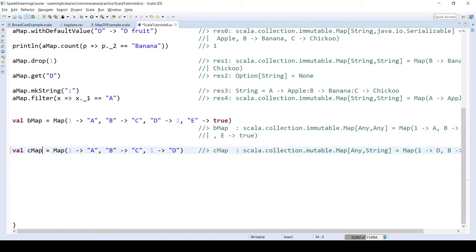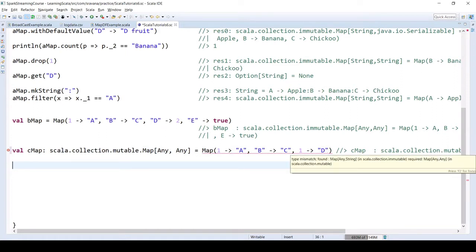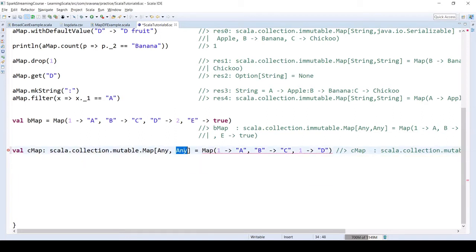So here we have to put this. If you just give map like this, then it will consider it as the default map. But if you want the mutable map, then you have to put this entire thing. Got it? So this is how we can create it. Because this is map of string, it shows an error, it seems. That is the error it has shown.